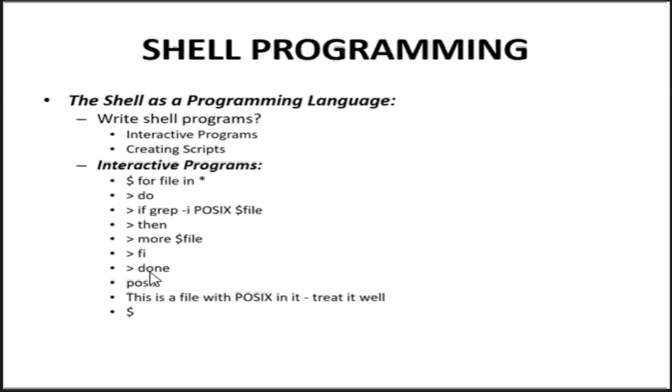Like in the example, after writing the done command in the script, the shell will execute the code immediately. In this example, the grep command prints the files which it finds containing the POSIX string, and then the more command displays the contents of the file on the screen. Finally, the shell prompt is written,